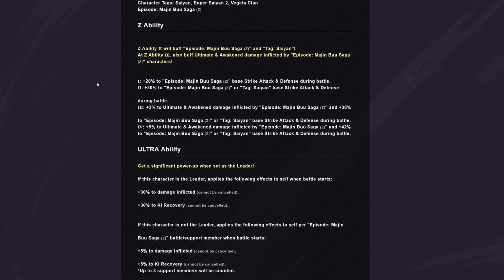Z ability. I swear to God if I see double defense. I swear to God if I see double defense. Plus 5% to ultimate and awakened damage inflicted by Majin Buu Saga, and 42% to Majin Buu Saga or Saiyan-based strike attack and defense. Okay,